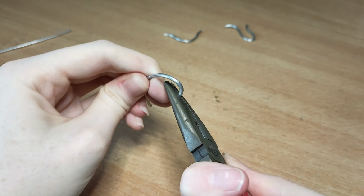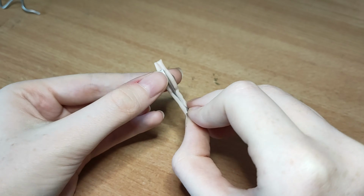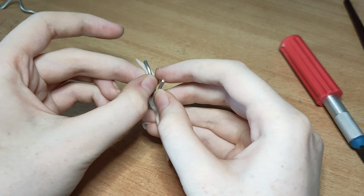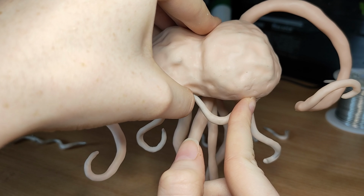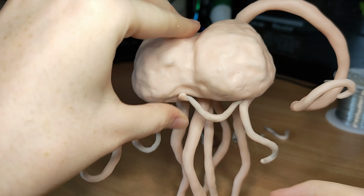As the wire is a little bit smaller, I do need to use my pliers to bend them, as it can get a little bit difficult and hurt my fingers. And of course I coat them with clay like I did with the bigger ones. I tried to space them out evenly so that it kind of looks...